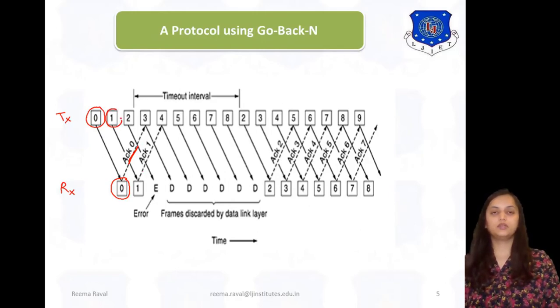Then frame 1 is sent, which is received correctly, and for that acknowledgement is provided. Now in frame number 2, the second frame, an error is detected. That means there is an error in receiving this particular frame. So before getting the acknowledgement, it will keep on sending the upcoming frames. So here frame numbers 3, 4, 5, 6, 7 and 8 are transmitted and